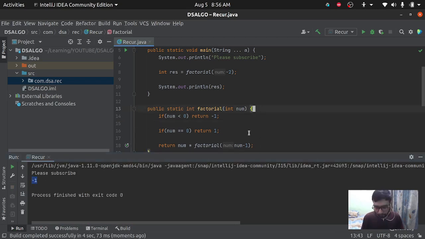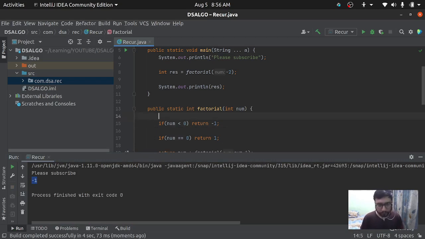So this is our edge case handling, and this is our base condition.